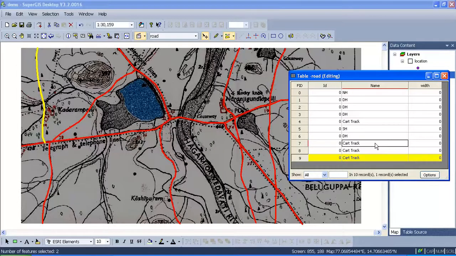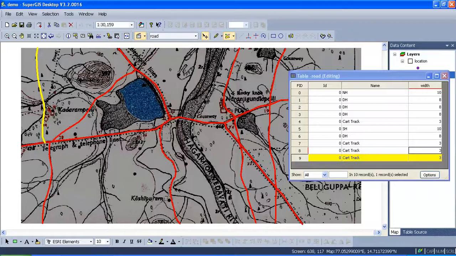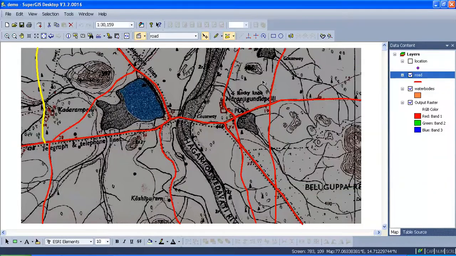Now you can see I have given the names for different road types. Similarly you can give the width. Roughly I have given some values for the width. Now save this, then close this table, and click on clear selection.